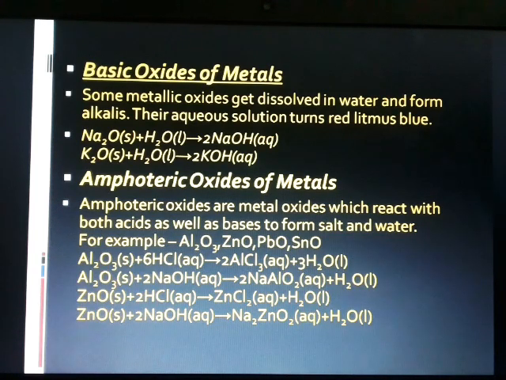So with acids, when zinc oxide reacts, it gives zinc chloride plus water. When zinc oxide reacts with a base, that is sodium hydroxide, it gives Na2ZnO2, that is sodium zincate, along with water. Okay, important 3-mark. So when a metal oxide reacts with both acid